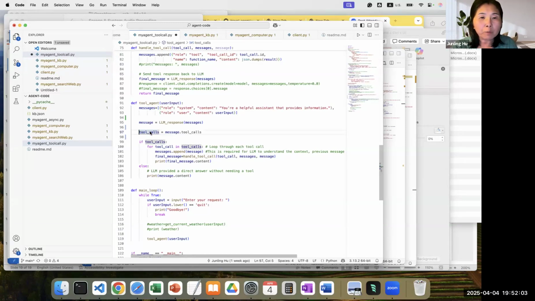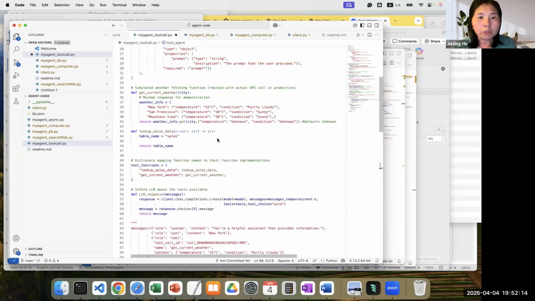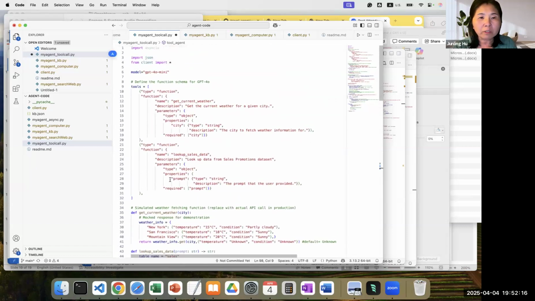For example, the user asks about the weather, but the tool comes back and they didn't call that tool. It's possible. So this part is very crucial. In the description, we should be as descriptive as possible.